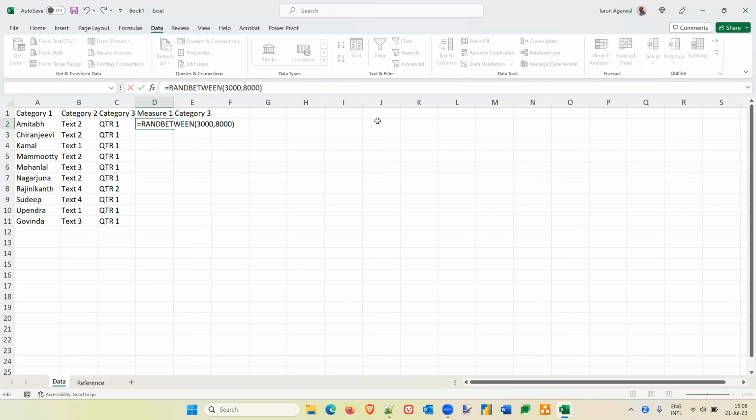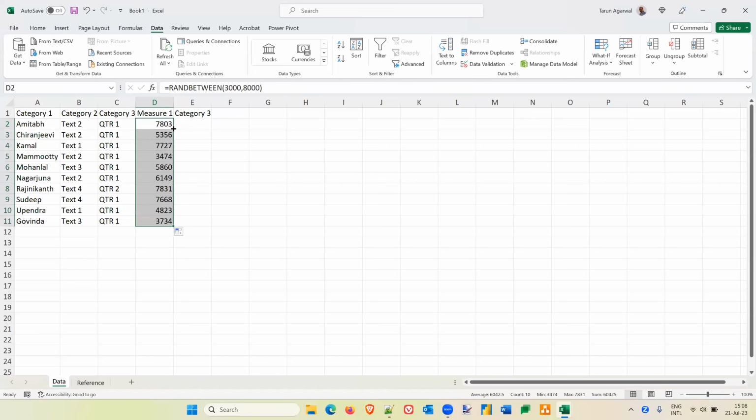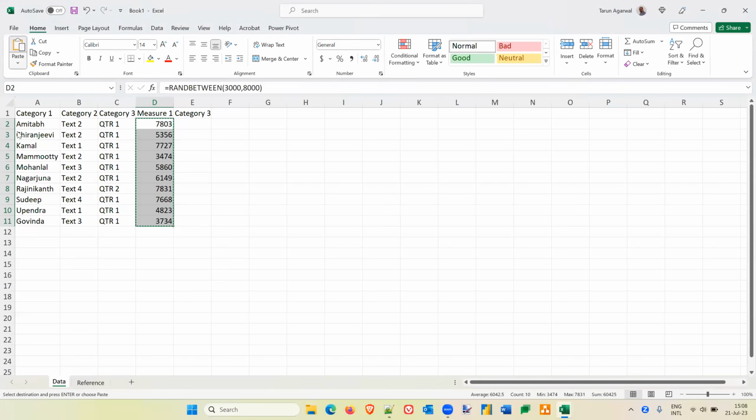I'm creating some random values. I will double click on this and convert this to values. Okay, so I'm making this set. Now, my objective here in category 3 is to say that based on what I see here, if I have